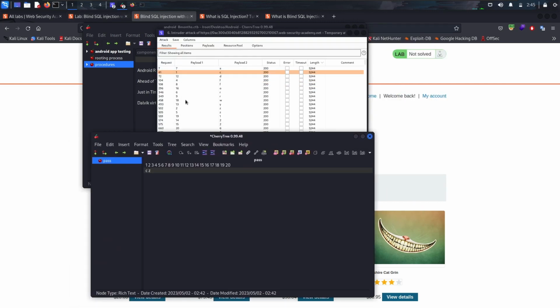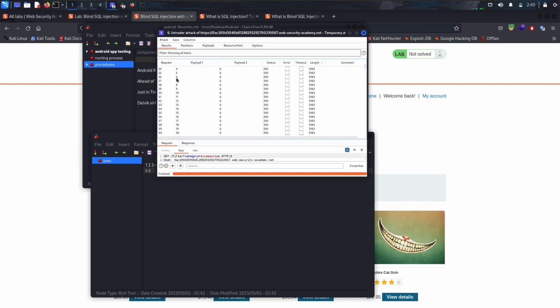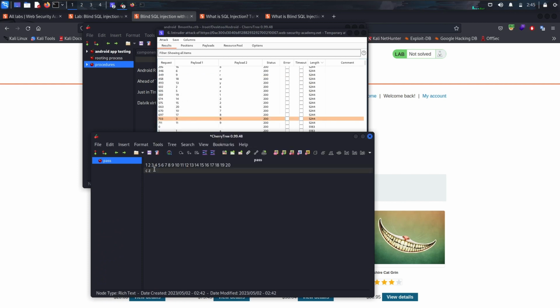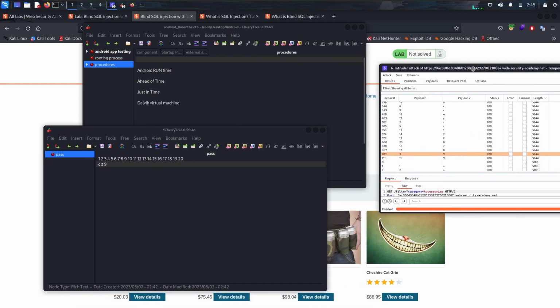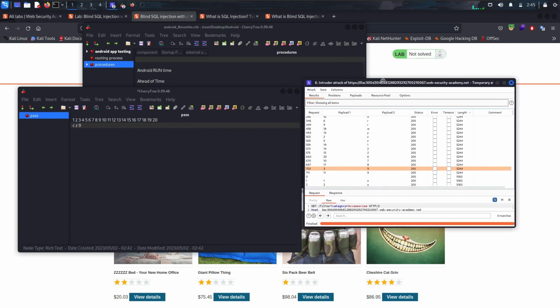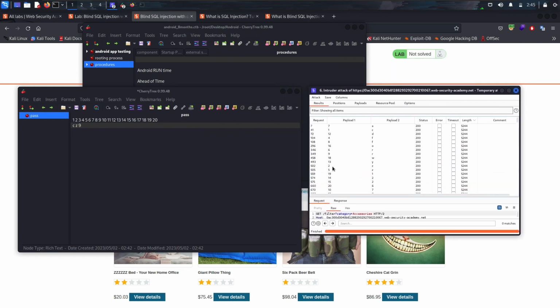3, it's 9, C is at 9, F, Z. Let's write it in the same manner only. So we're going to copy it. C, Z, 9,